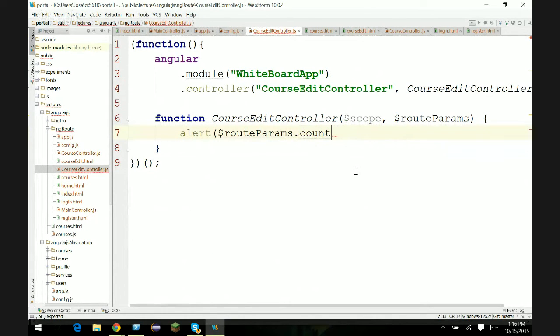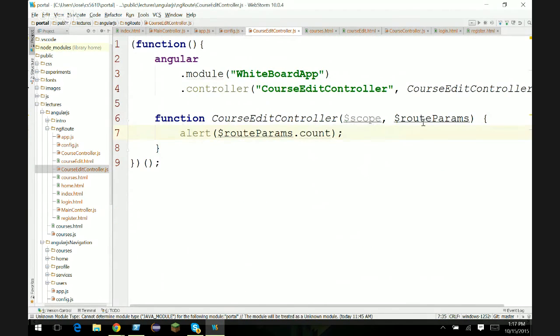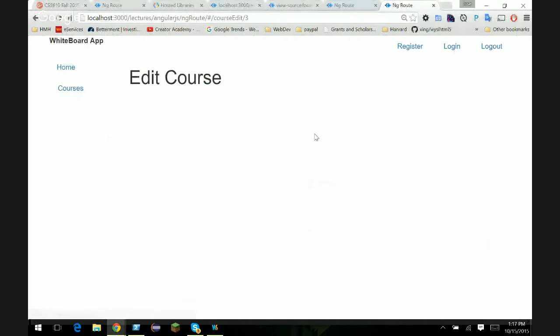In the configuration, count. That's what I called it. So what happens here is that when I navigate to course edit, that placeholder is going to be parsed out, and it's going to be associated to this variable called count, and it's going to be made available to me in the route params service, and I can ask for it by name. There it is, count. Okay, so now if I reload this,